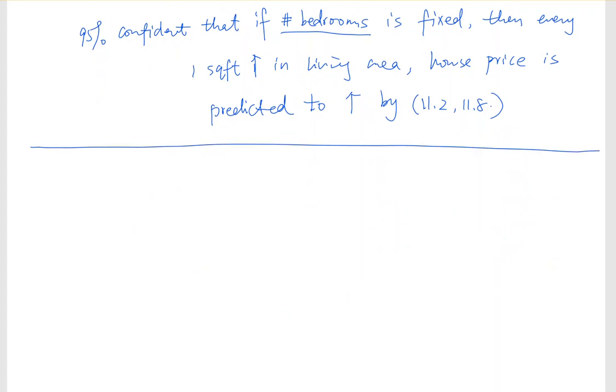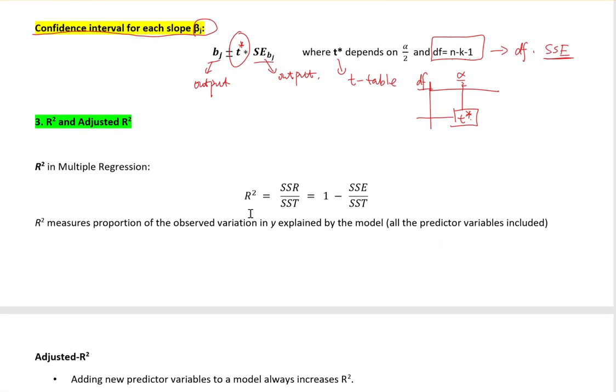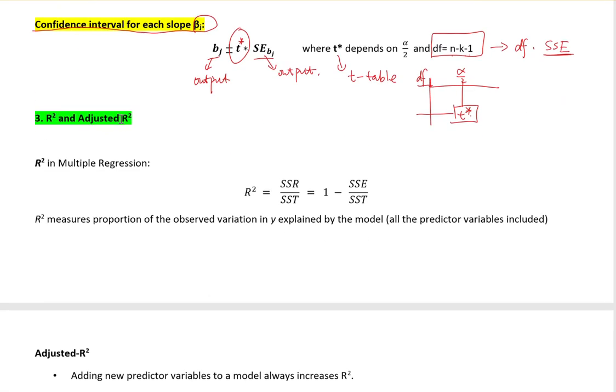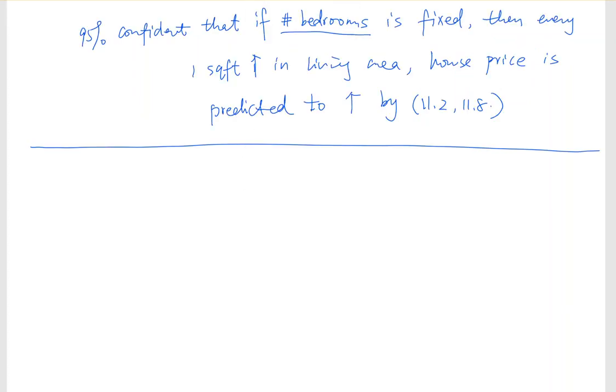I just want to include one more topic, which is the R-square and adjusted R-square. All right, so let's talk about R-square and adjusted R-square. In the previous video, we have already talked about R-square a lot. So what is R-square again? R-square is the proportion of the observed variation